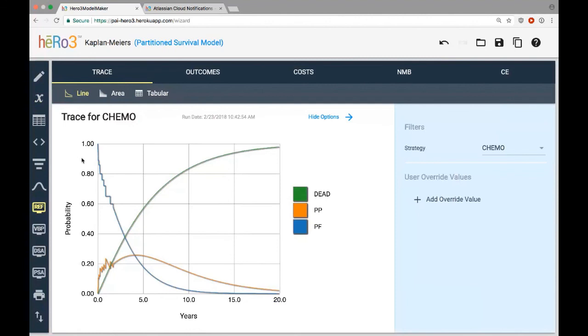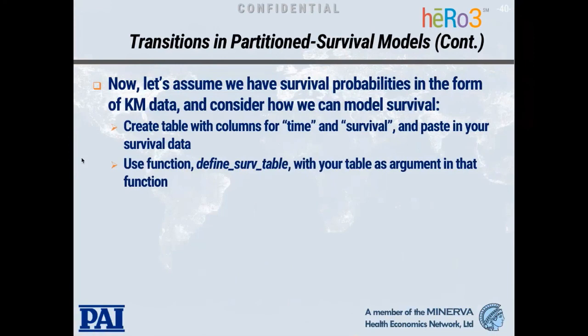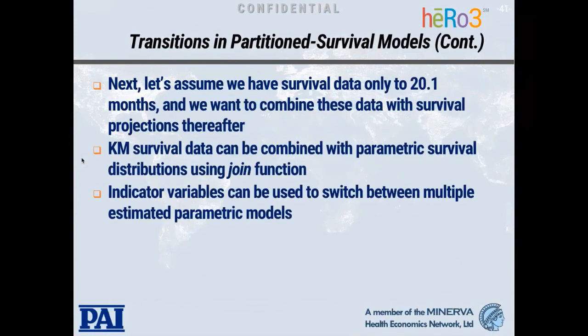So for example, if you wanted to add general population mortality on top of a survival distribution, you can do that. We have a number of different functions for applying treatment effects. We've already seen apply HR for applying a hazard ratio, but there are equivalent functions for applying odds ratios, as well as acceleration factors and other treatment effect variables. So there's a lot of different options for modifying survival distributions and piecing them together.